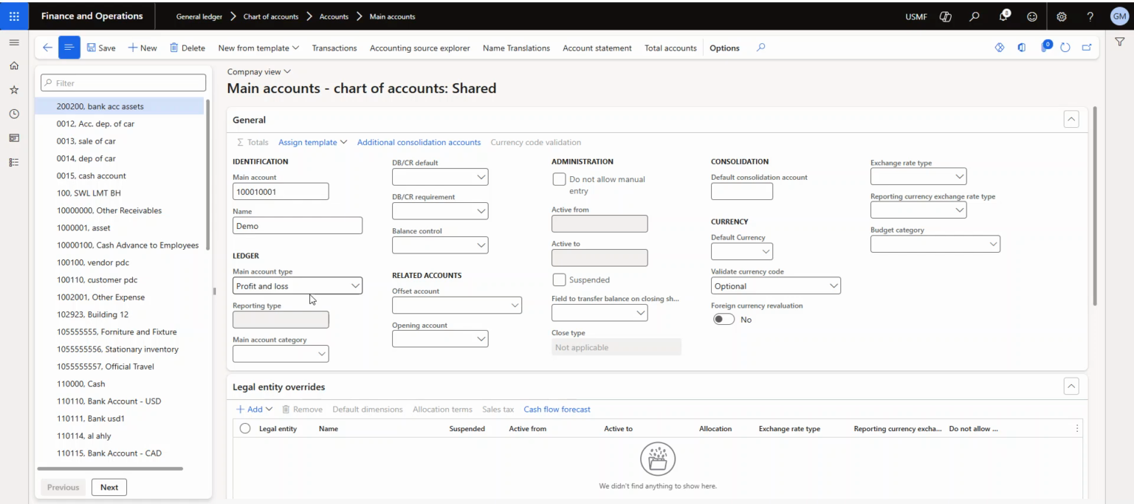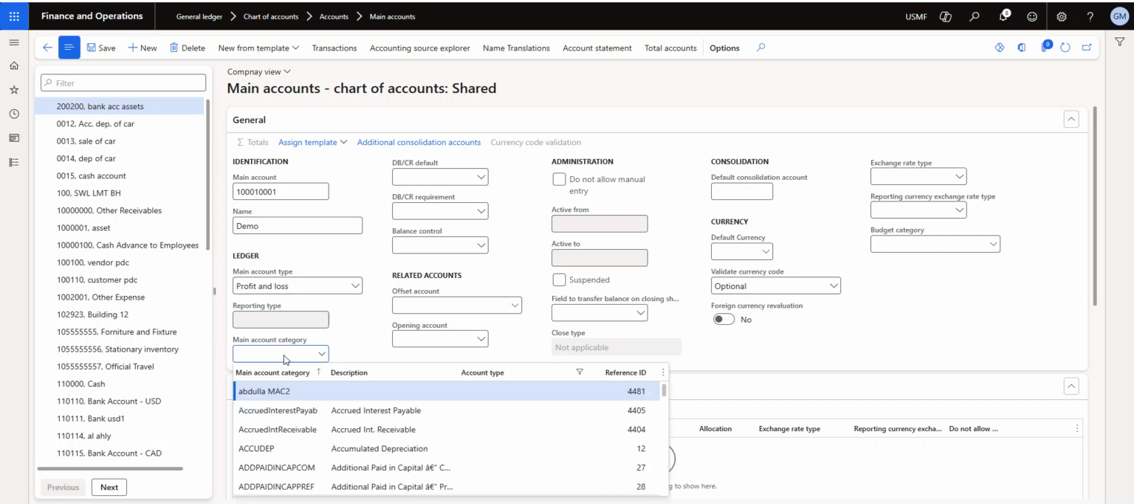Next you can see the main account category. We can utilize this for grouping the ledger accounts. Other than that, mainly we will use